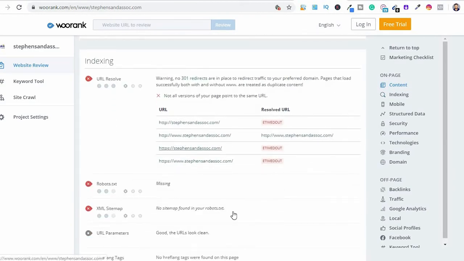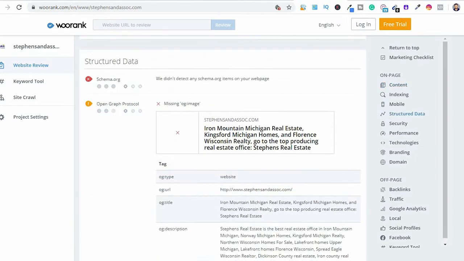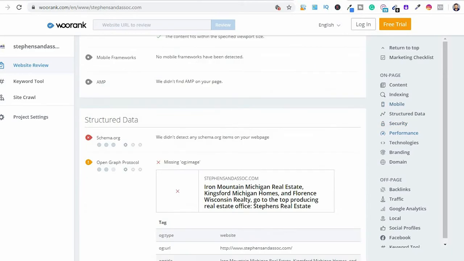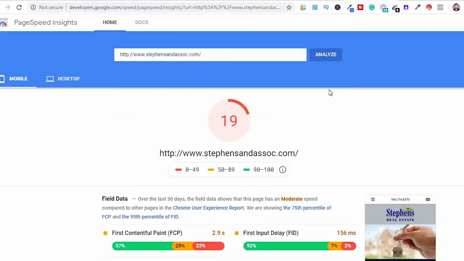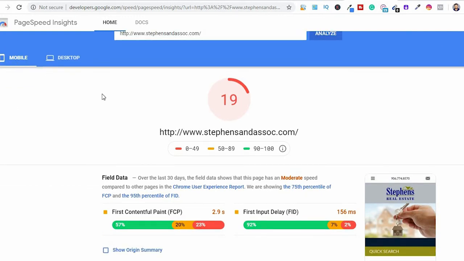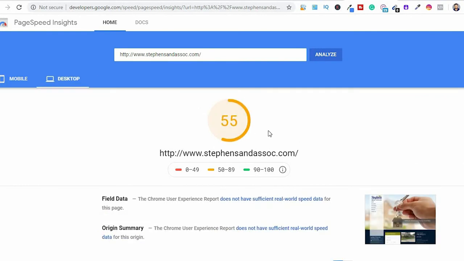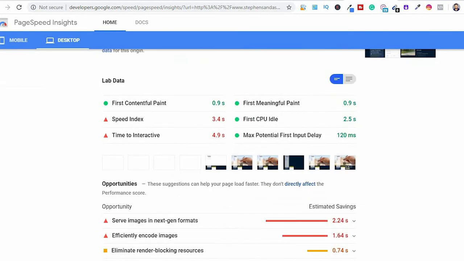You can see they're having an indexing problem. There are a bunch of problems right here. We can actually screenshot and send them to this business, so we can help them fix the problems. Also, taking a look at Google's developer.google.com, the assessment from Google themselves shows their mobile version of the site is scoring 19, and you can see 0 to 19 is red. It's on the negative, so this is poor. When we take a look at the desktop, it's above 55, which is fairly good.